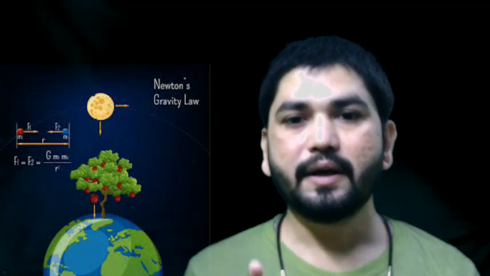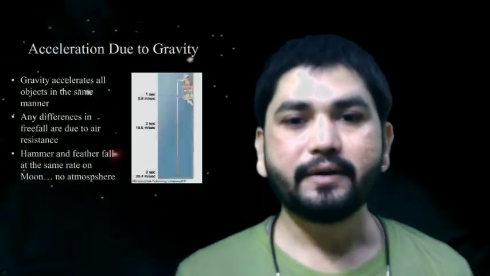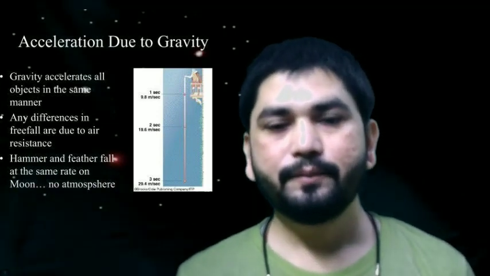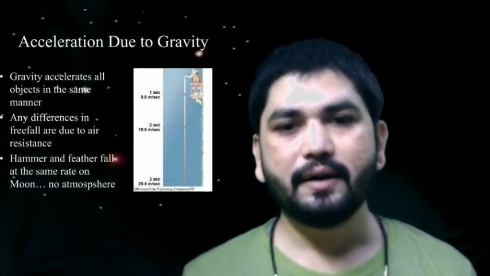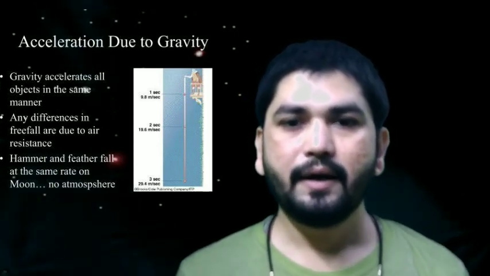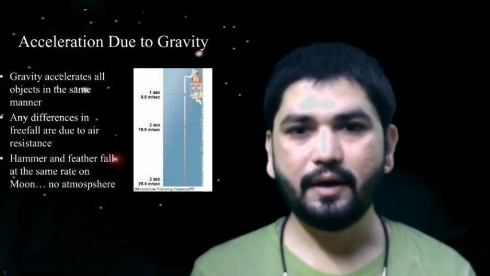It is known as gravitational acceleration, and its value was already told by Galileo, that is 9.8 meter per second square. One thing more, it is also known as acceleration due to gravity. Either you can say gravitational acceleration, or you can say acceleration due to gravity, and it is denoted by small g. Clear class?